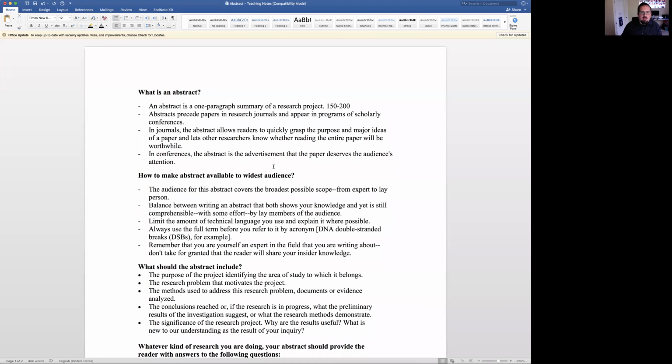So let me talk through first what the point of an abstract is and the style and how you write it before talking to you about the worksheet that I'll be posting up. So let me share with you this document. So the point of